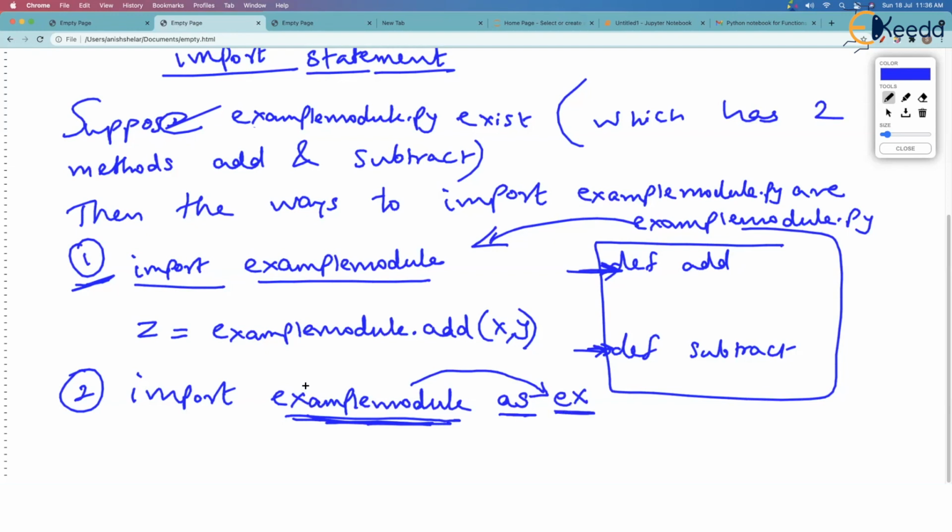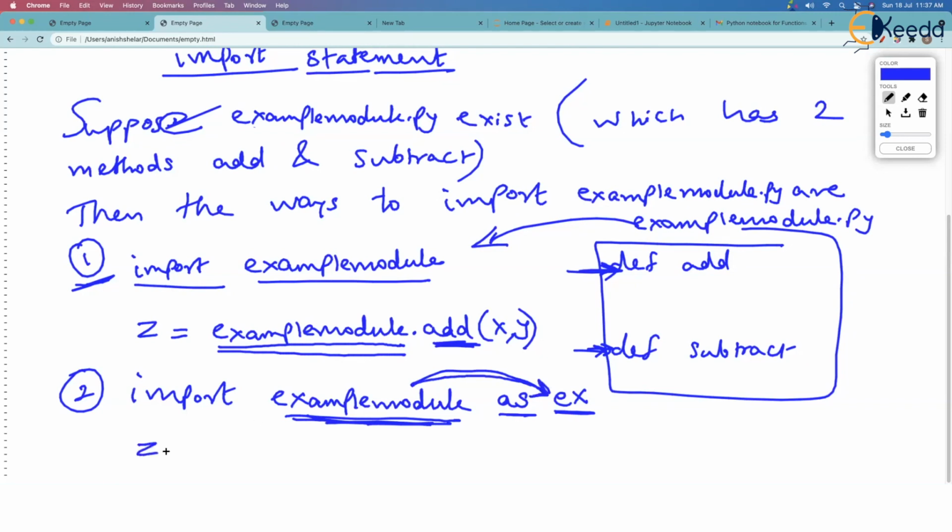What convenience? You saw whenever we wanted to call a function, we had to write the name of the module. And the name of the module was much bigger. It will be difficult for us, every time we want to call a function, to write such a big name. Why don't we call example module in our world as ex?